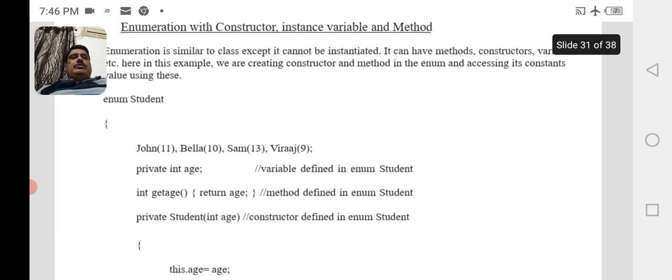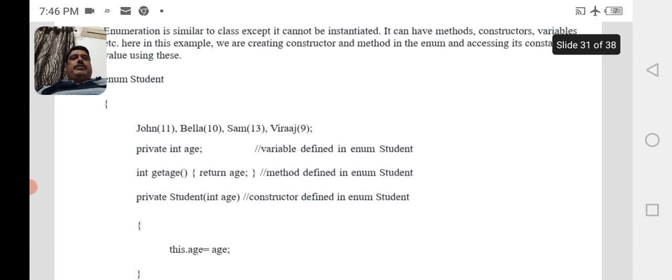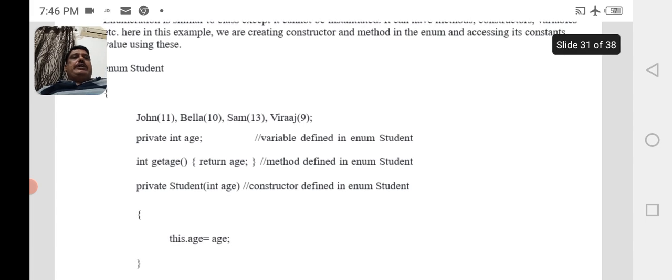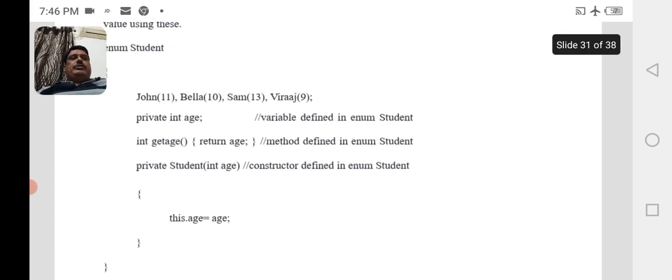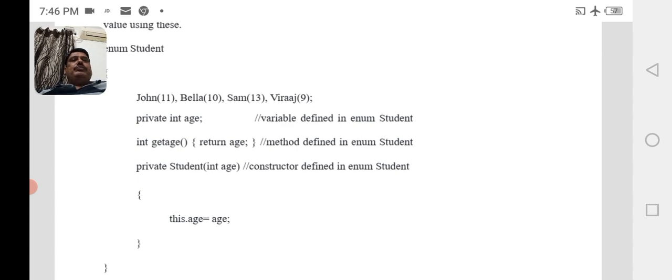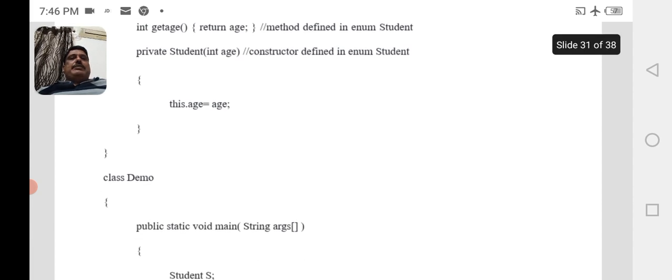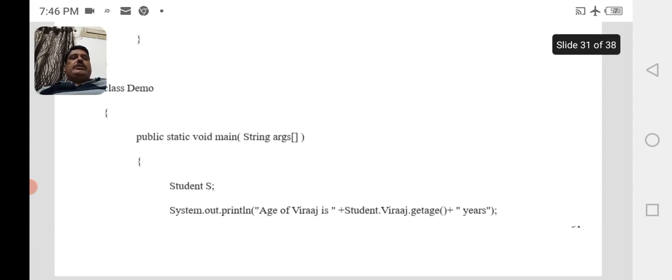Enum student: John 11, Bella 10, Sam 13, Veeraj 9. Private integer age is a variable defined in enum student. Integer getAge returns age, a method defined in enum student. Private student integer age is the constructor defined in enum student. So this.age equal to age. Class demo, public static void main, String arguments, student s.